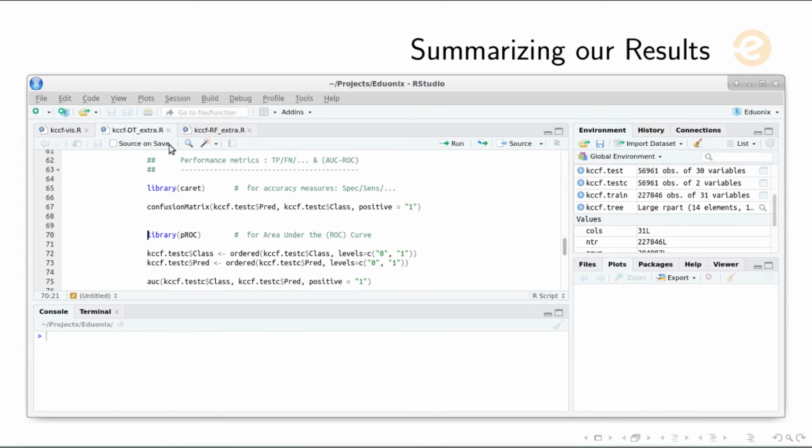So this is our decision tree code, but a little altered. I just added this particular parameter in the case of the confusion matrix as well as in the case of the area under the curve, and we'll try to see what happens there. So I assume that everything else is already run and a tree is built, and predictions have gone to the pred column of the test data frame. Now once that is done, we can run our confusion matrix with this extra parameter, positive equal to 1,